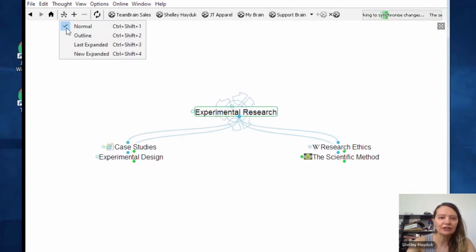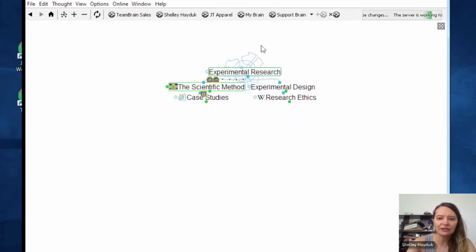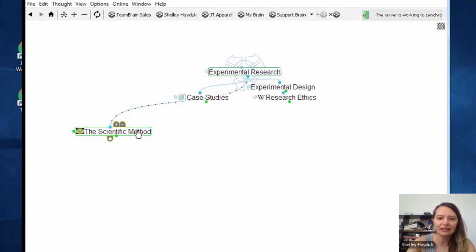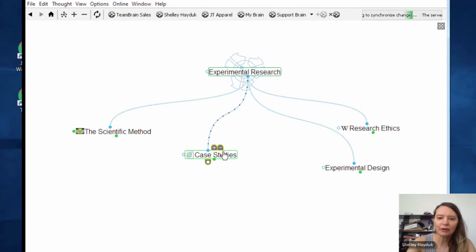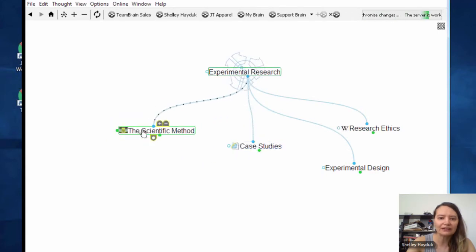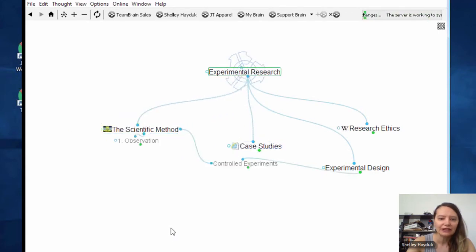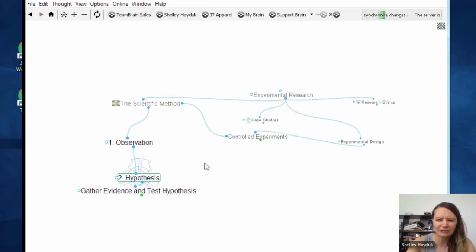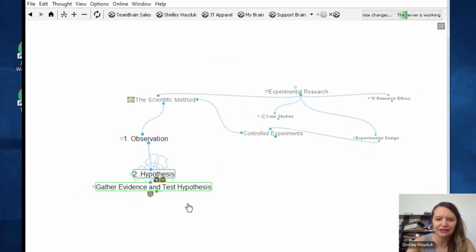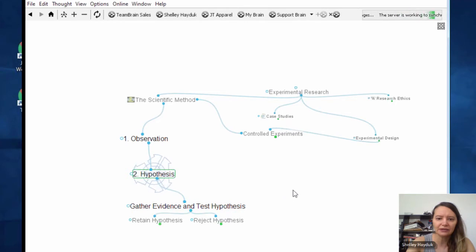Now I can also show you this brain in expanded view. And expanded view is very interesting as well, because it also lets me set where I want my different thoughts. And this makes a lot of sense if I want a broader overview of a process. So with expanded view, I can see that my first step is observation, and then I can open up hypothesis. I can activate hypothesis, so that becomes the focus while still seeing the distant thoughts, and then continue to mouse